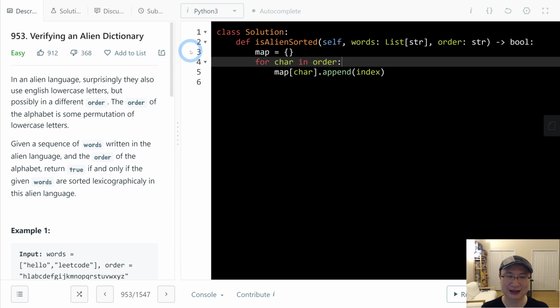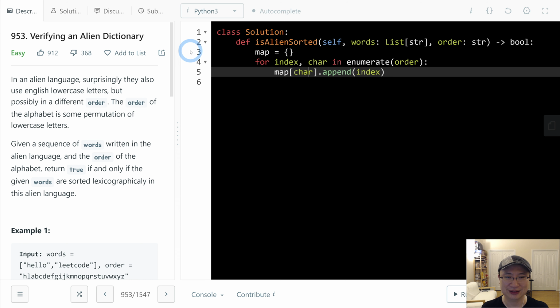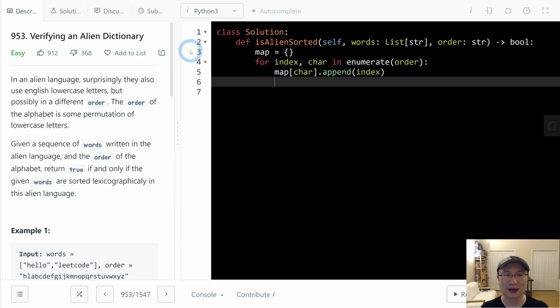So we need to use enumerate order, and then this one is index and character, and next I will iterate words by index,